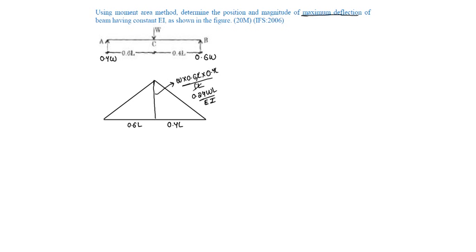To find the maximum deflection, it occurs at theta equal to 0 point. So let us draw the deflection diagram of this beam, and let us assume at x distance from A there is a maximum deflection. That implies the slope at this point is 0, and if we draw a tangent at this point, from moment area theorem 2,